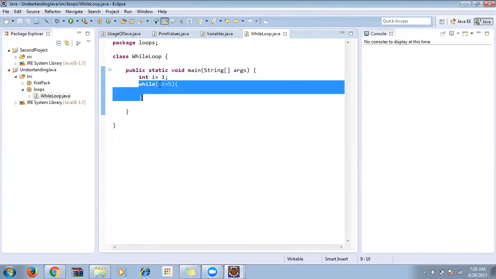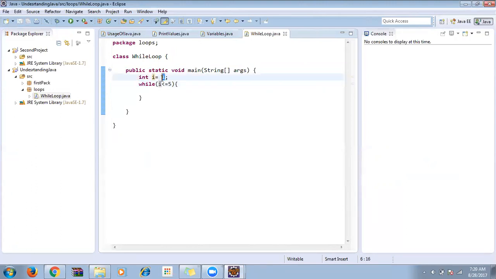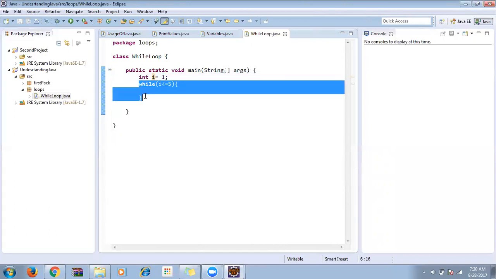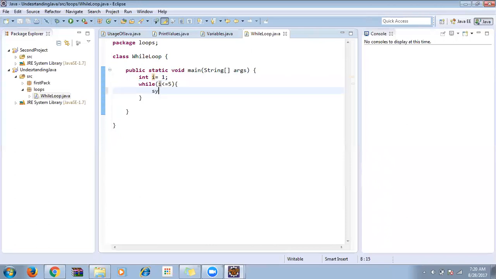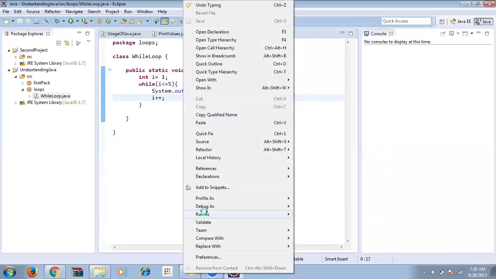Right now the i value is 1. 1 is less than or equal to 5, yes, so it will run for 5 times. Here I will print my i value. And one more thing, I need to increment the i value here, because only then will it be incremented to 1, 2, 3, 4, 5 like that. That's it. Now when I run the loop, see,